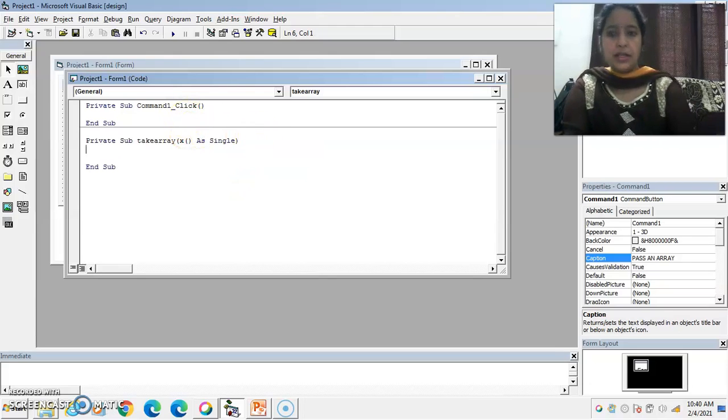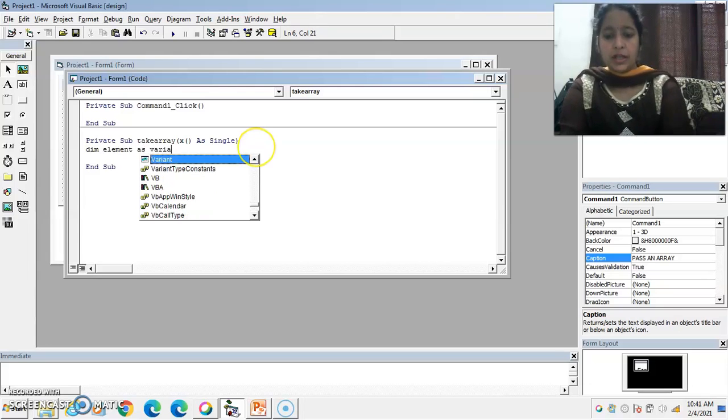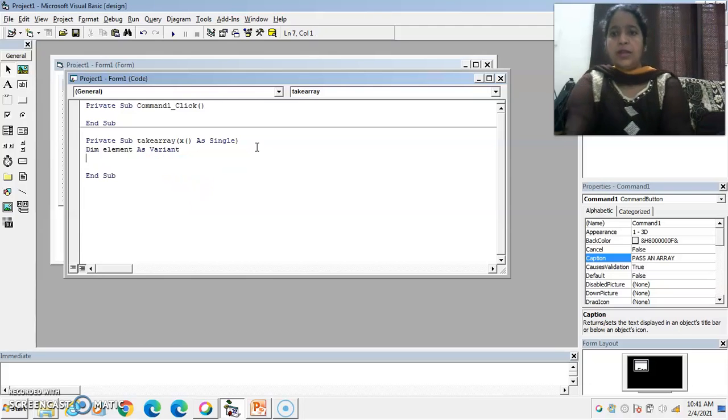Suppose I am taking here X, an array which is of single type. Now take an element of variant type, because for printing the elements of this array X, I am using the for each next loop.